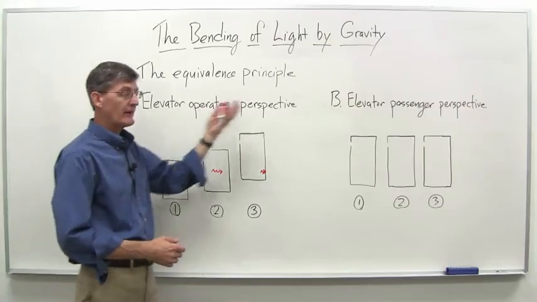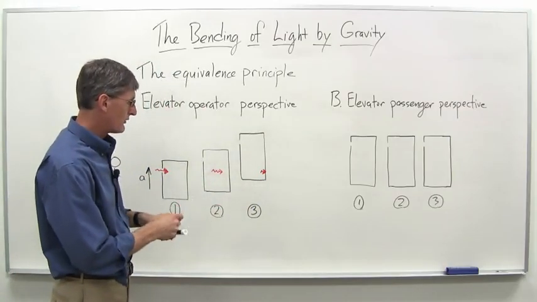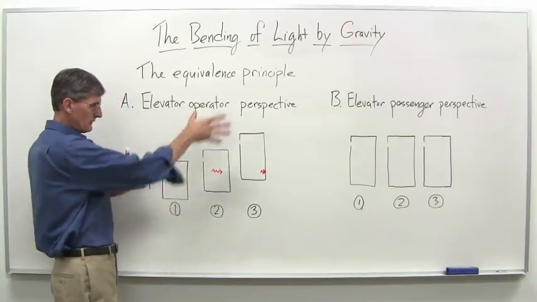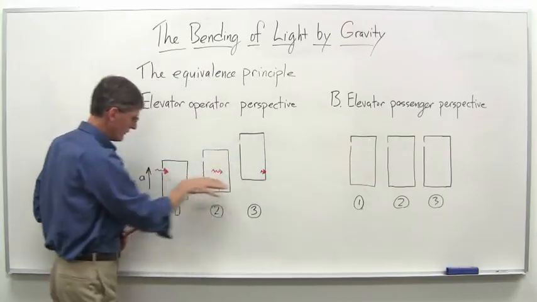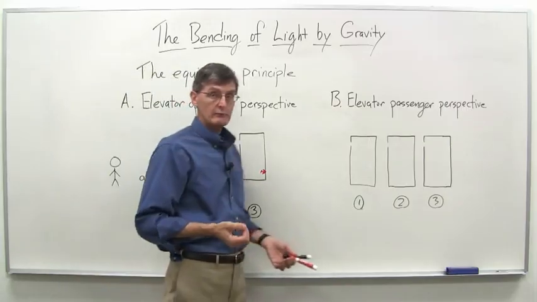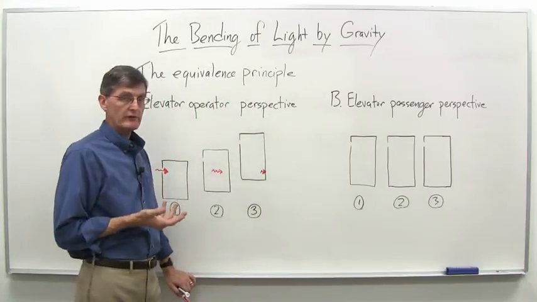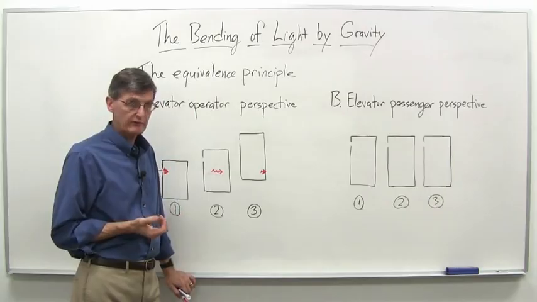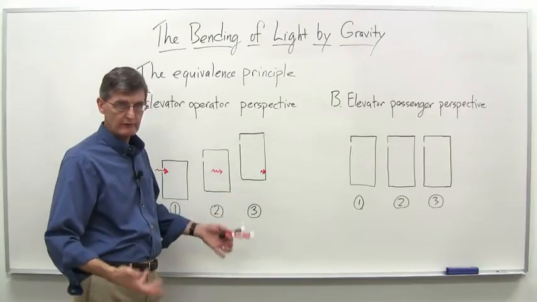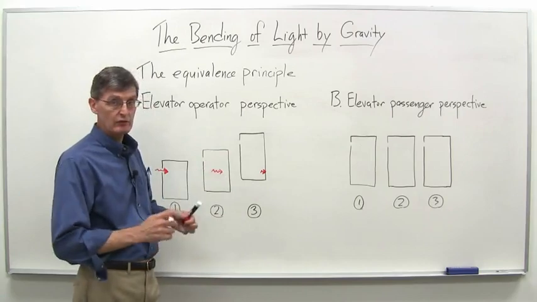Now, what about the passenger perspective? Say Bob inside here. Well, of course, he will see the light come in. It really doesn't matter. Bob, as far as he's concerned, remember, he's not moving. Okay? Elevator is accelerating upward, but as far as he's concerned, it could just be a gravitational field. He could be just sitting on the Earth in the elevator feeling the force of gravity, or he could actually be accelerating. But what is he going to see in terms of the light